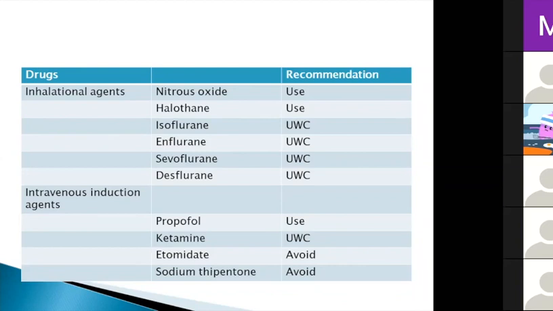Ketamine has been used in many cases without any problems, but some animal studies have shown increased levels of ALA and porphobilinogen in patients who've been given ketamine. So it should be used with caution. Etomidate has induced acute attacks in human beings, and animal studies show it to be a trigger of a porphyrinogenic agent, so it needs to be avoided. Sodium thiopentone needs to be avoided because barbiturates are cytochrome P450 stimulators.